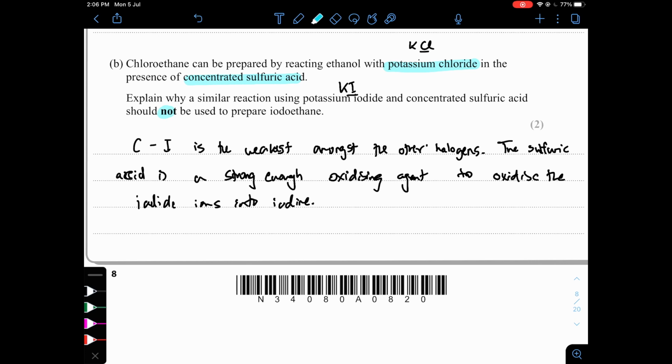So the key marks are to say that sulfuric acid is a strong enough oxidizing agent to oxidize iodide ions